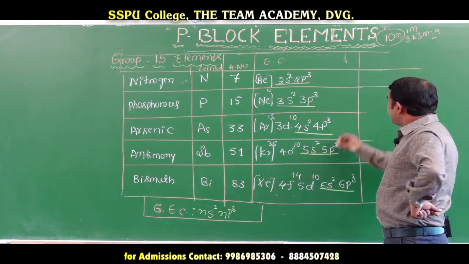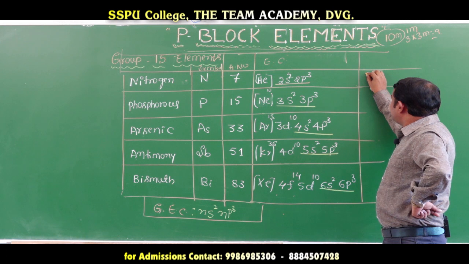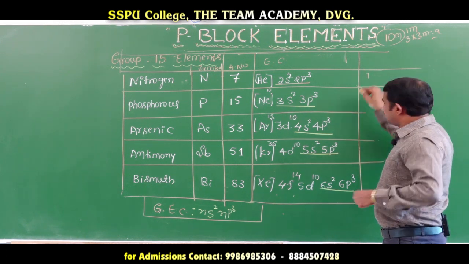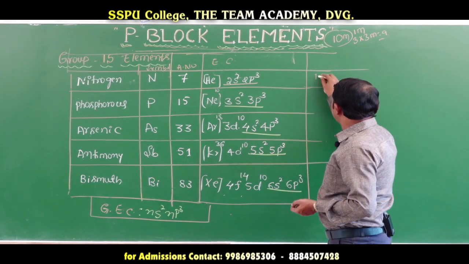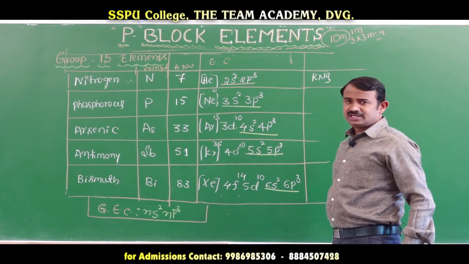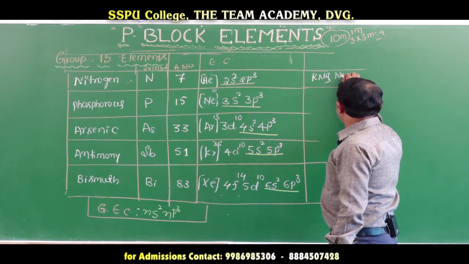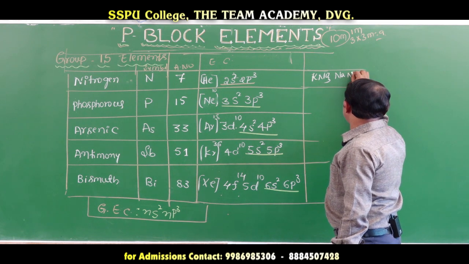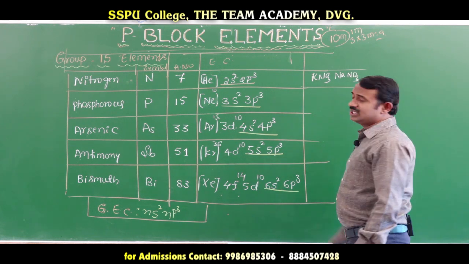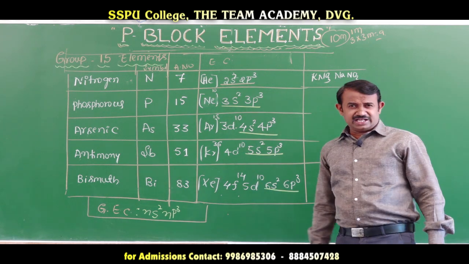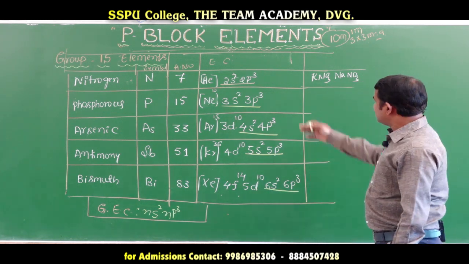It is having saltpetre. This is saltpetre, KNO3, potassium nitrate, and sodium nitrate, Chile saltpetre. This is NaNO3, Chile saltpetre. And dinitrogen, this is having nitrogen and phosphorus,